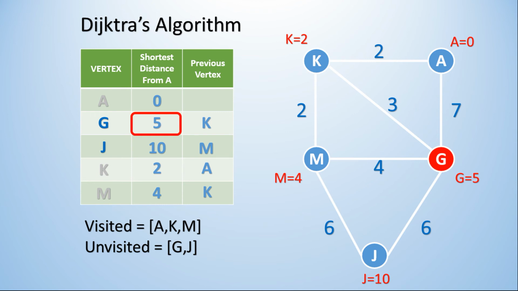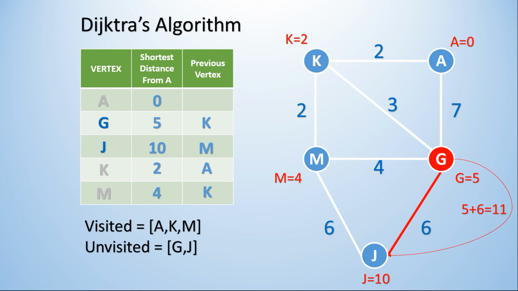For the current vertex, examine its unvisited neighbors. We are currently visiting G and its only unvisited neighbor is J. For the current vertex, calculate the distance of each neighbor from the start vertex. Performing the same calculation again, we find that the total distance from A to J is 11. If the calculated distance of a vertex is less than the known distance, update the shortest distance. Well, the value in the table is already shorter, so we don't need to update